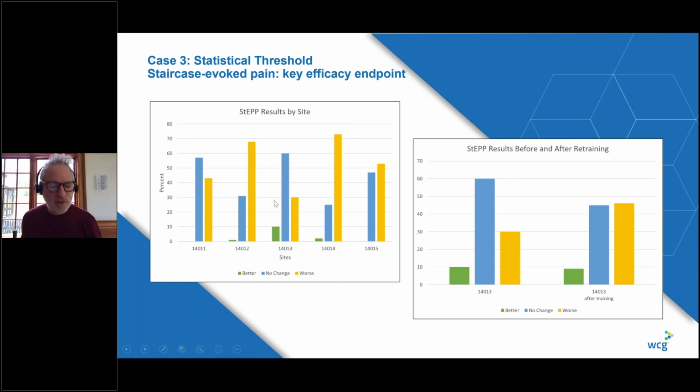So we were monitoring this because it was a key performance indicator, if you want to use that. If this wasn't working, then this endpoint was going to fail. So we were monitoring this specifically in this particular clinical trial. And this site was a statistically significant outlier compared to the other sites using statistical process control methods. We had no idea why, so we actually visited the site, sat there with clipboards, watched what they do,